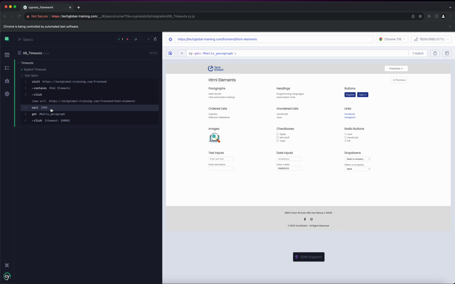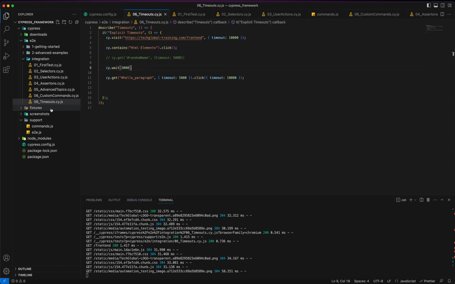And it is not very suggested to use it. Some legacy automation frameworks also use this kind of approach through the language itself. For example, for Java, there is also a way to pause your commands. So that's why these are not very suggested to use. But what is good about this is basically